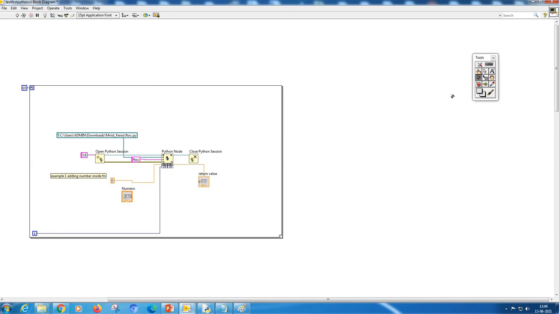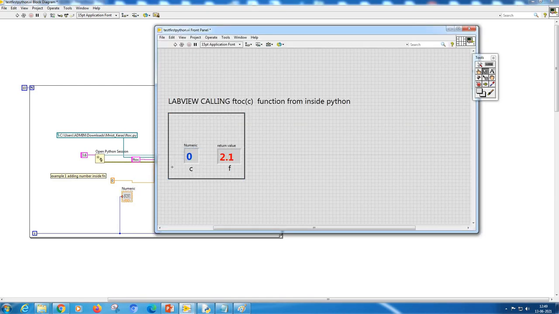Now if you really want to see the value of i on the screen, I can just convert this into an indicator. That means the i value will also be displayed on the screen. This is not a control, you cannot write anything or feed any number, it will simply be returned.